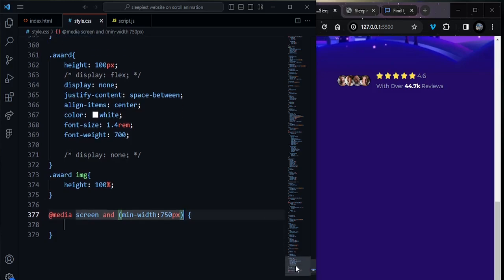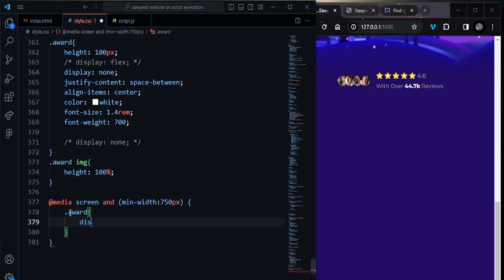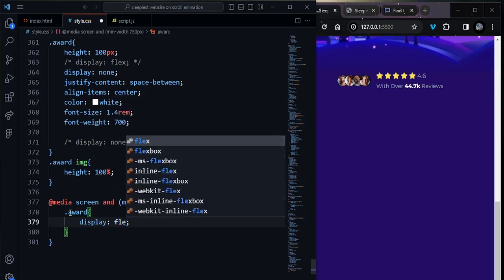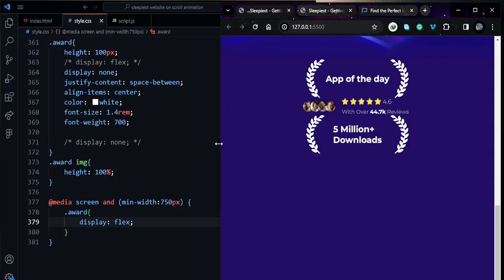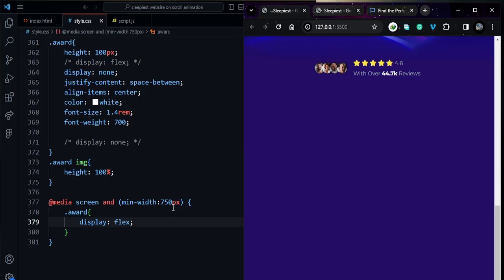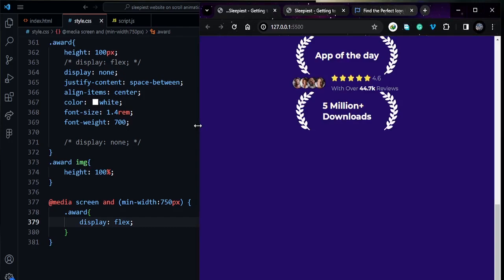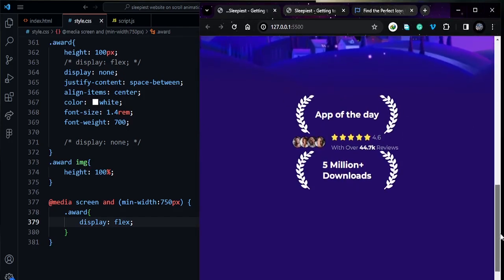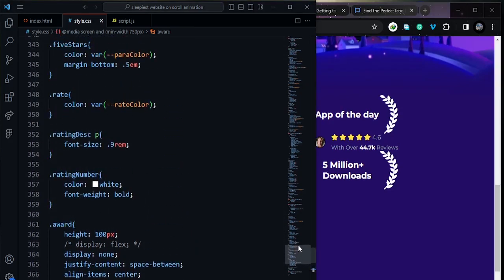And now when the screen is 700, I want to show this award element, and change to display flex. Okay, expand the screen. Now width is 715 pixel. It will show the award element, but